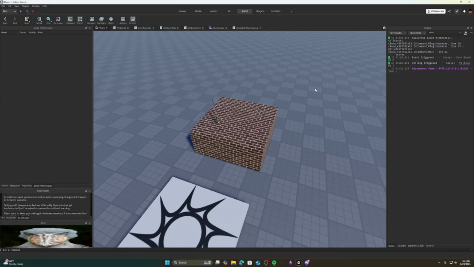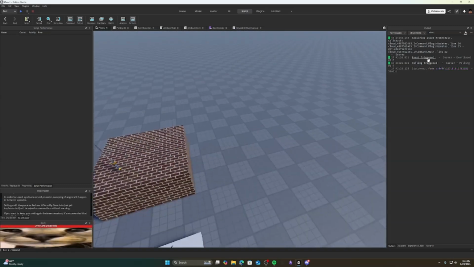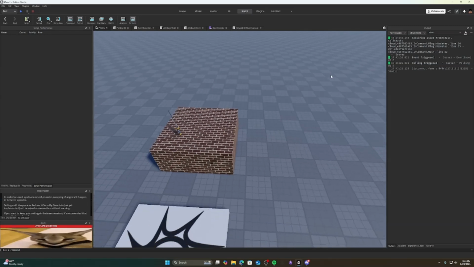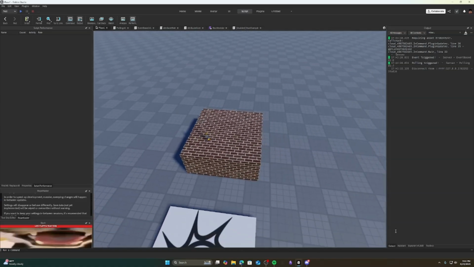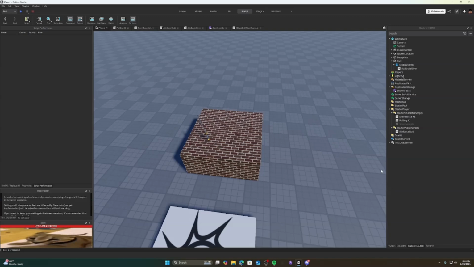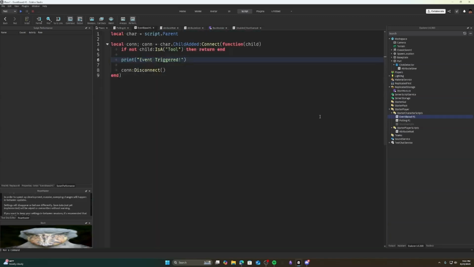See, this one checks every 1/60th. This one checks almost instantly when it happens because when that sword is picked up, it will fire that event and then run whatever other stuff it needs to run. So now that we've seen how this event-based and this polling compares,